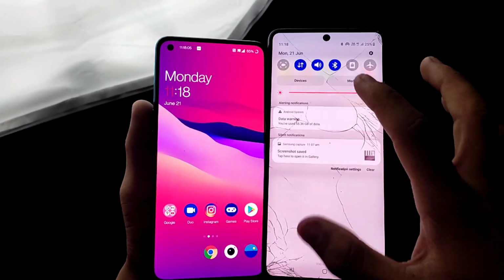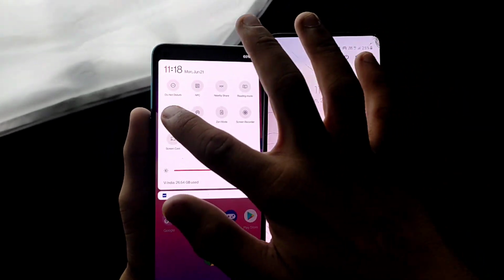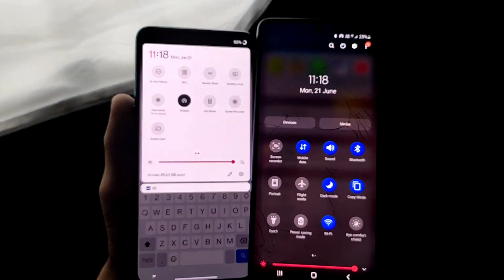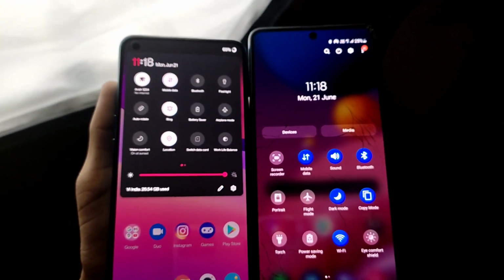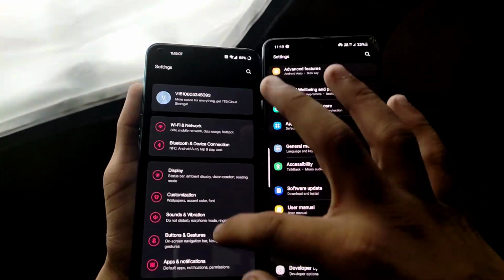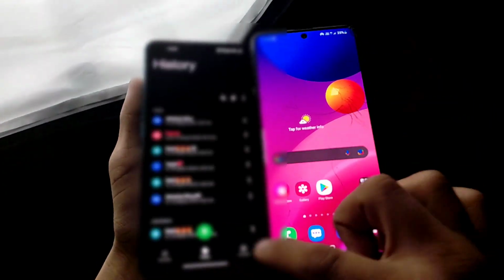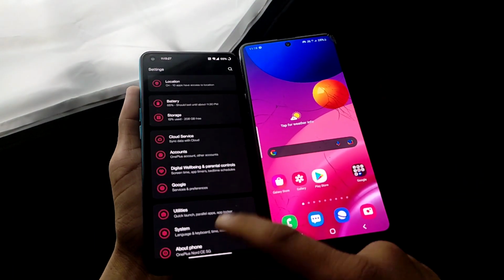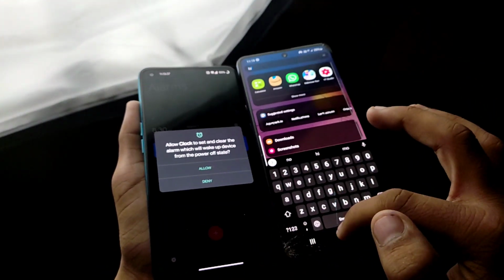Now let's talk about dark mode, because dark mode is a controversial feature in OxygenOS. Lots of users are complaining to OnePlus that it doesn't give a better dark mode experience, because the dark mode doesn't apply very well on every application. But here in OxygenOS 11 I don't feel any compatibility issues. The only issue I have in OxygenOS 11 is the pure pitch black dark mode. Yes, OxygenOS 11 doesn't have a pure pitch black dark mode, which we get in One UI 3.1. So the OxygenOS 11 dark mode is not way better than the One UI 3.1 dark mode.